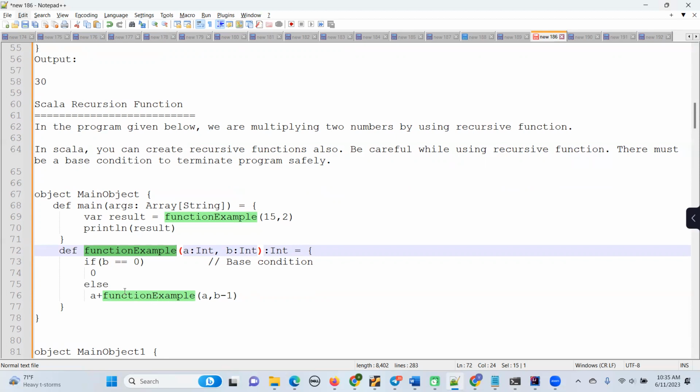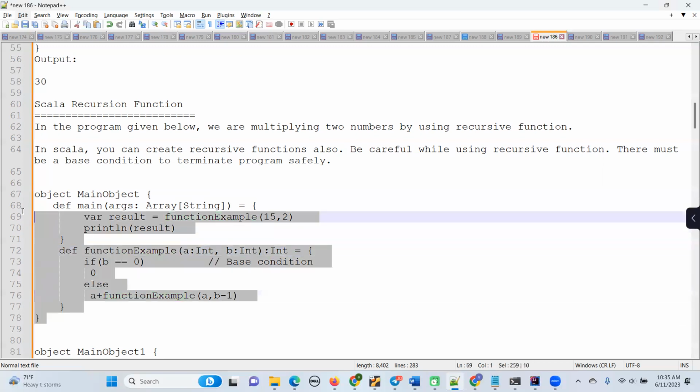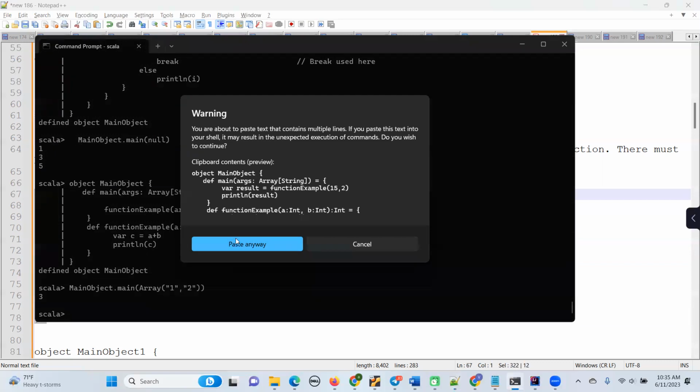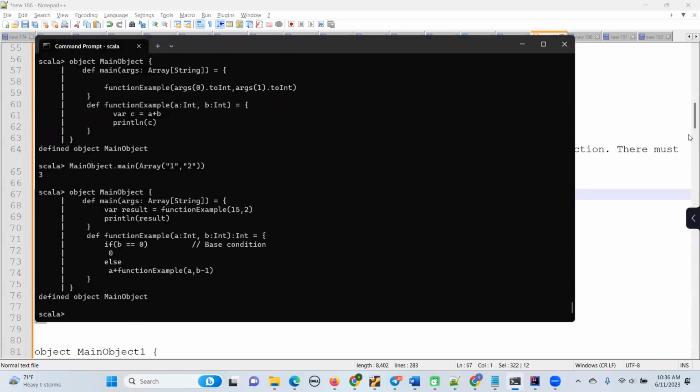So what I'm doing here is a plus the function example, this recursive function with a, and then I'm making the B value less by 1. So when B becomes 0, your function will end. Okay. So when I call this recursive function,